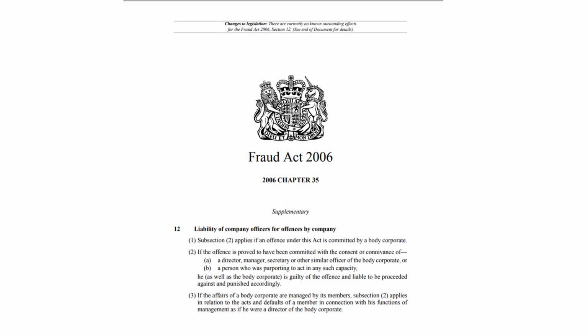We can see here in the Fraud Act 2006, liability of companies and officers for offenses by the company. So this clearly shows us now that we can use the Fraud Act against these municipalities or councils as it relates to council tax or any other government organization, as they're all companies. If we check the Security Exchange Commission and or Dun & Bradstreet, we can confirm that the majority of these government organizations are in fact for-profit companies. Further, I would remind the viewer that the Clearfield Doctrine also applies.